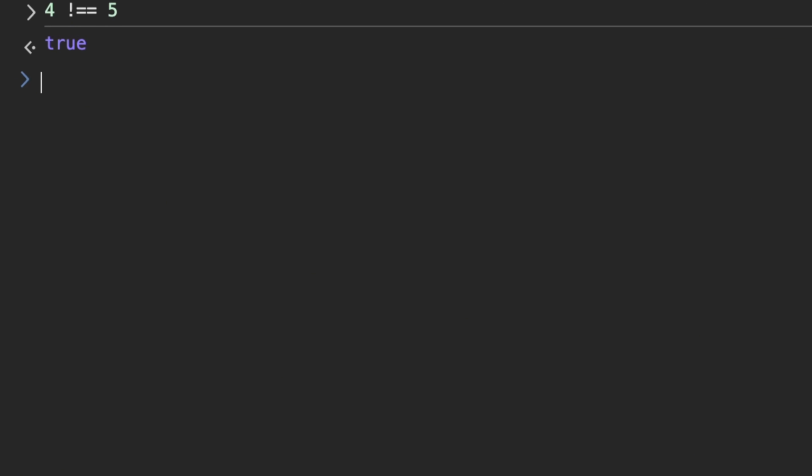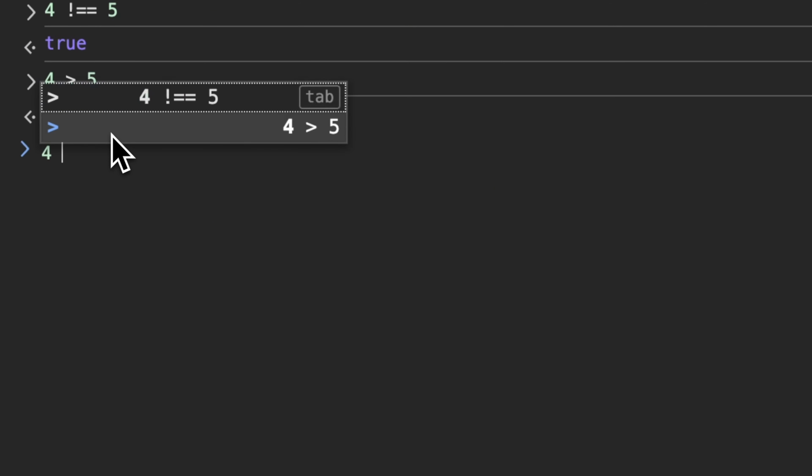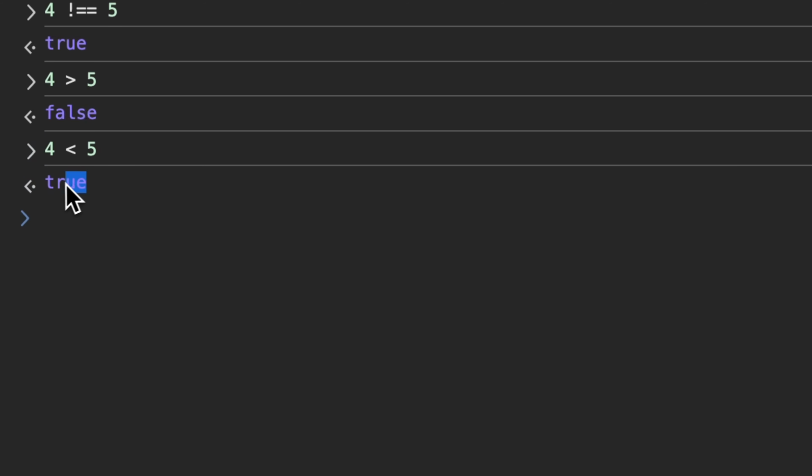The next operator that we can take a look at is the greater than and less than operator. So 4 is greater than 5, which would give us false, but 4 is less than 5 would give us true. And finally, we do have a greater than or equal to and a less than or equal to operators,